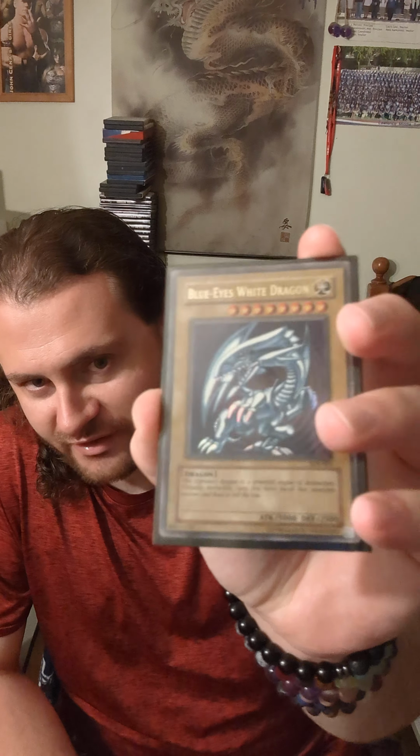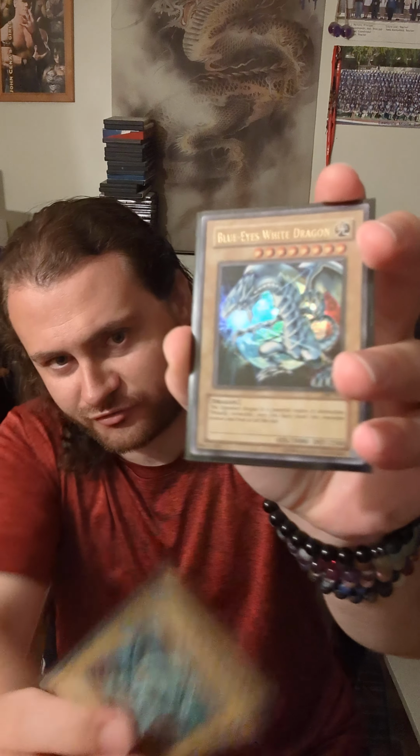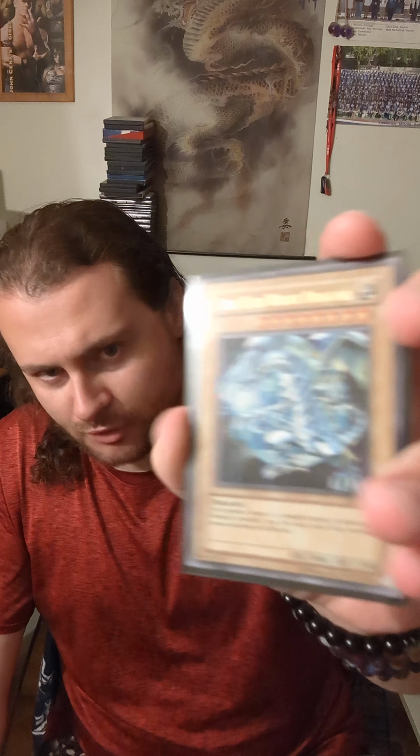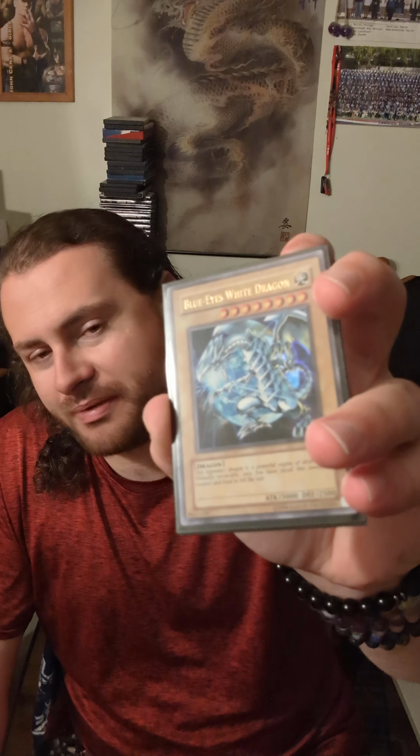The Blue Eyes White Dragon, one of Yu-Gi-Oh's most iconic monsters of all time. Throughout its history, it has had multiple arts that have been printed over the years, including the Starter Deck Kaiba art, the LOB, the Legend of Blue Eyes White Dragon art, the V-Jump promo art, which ultimately became a part of the sad Duelist Pack Battle City,